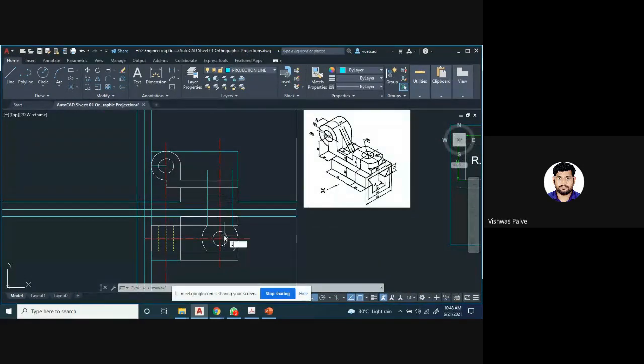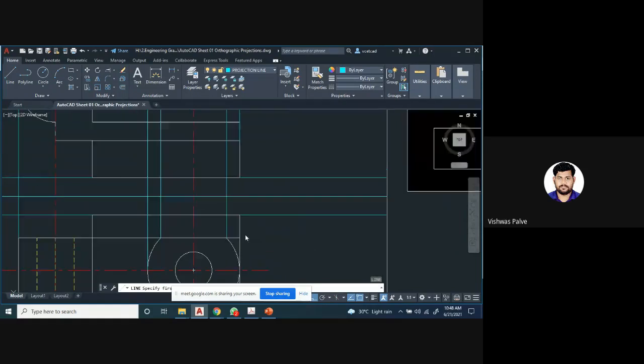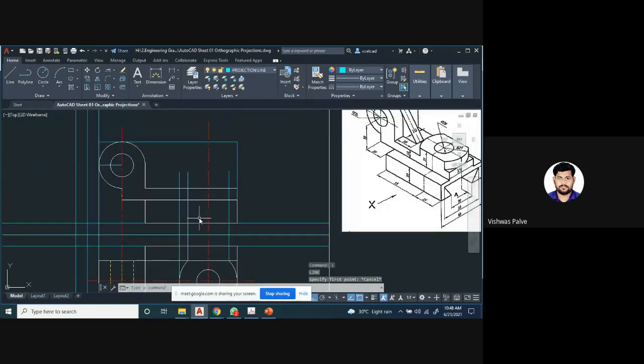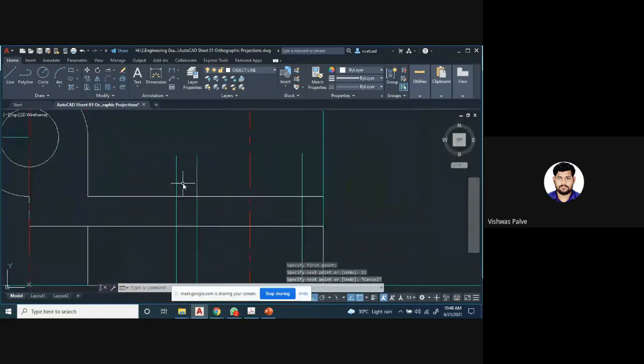And again, I require extension of these 2 points also. L enter. Okay, here it is already there. So 11 millimeter. I will change the line type as object line. L enter from this point. Vertical distance of 11 millimeter. Okay, once you get this, I'll say copy, CO, enter, copy with this point. Wherever you want that line to be pasted, you can just copy that.